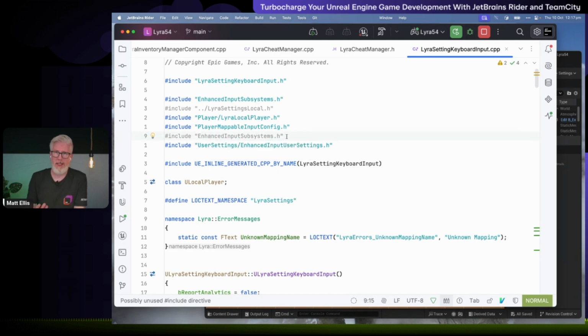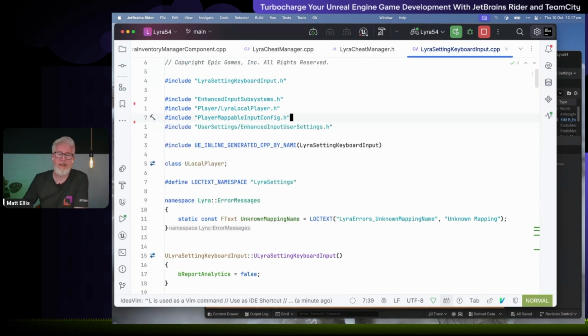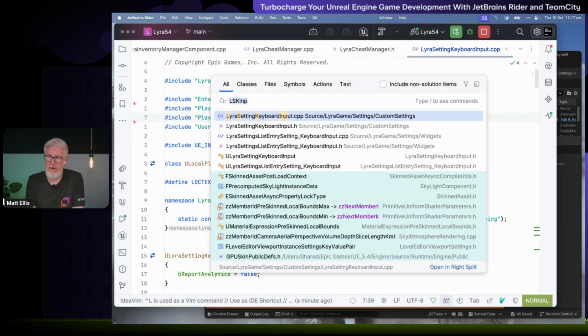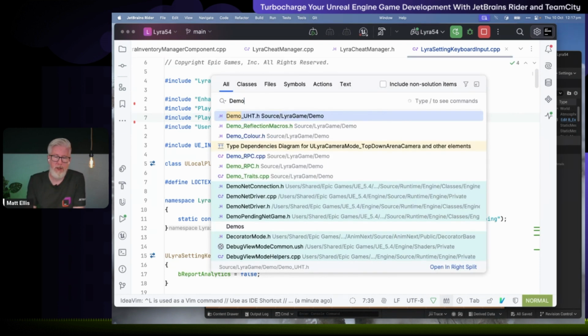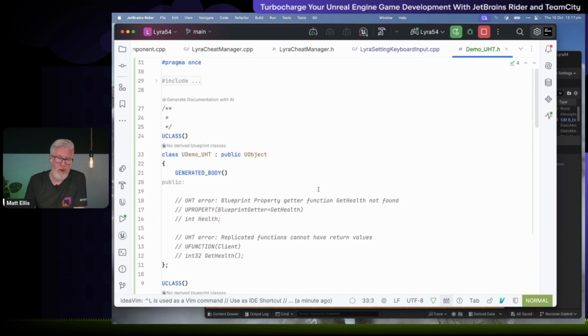We can highlight those to say that you're not using any symbols from these include files. And again, we can do the Alt-Enter item there to be able to remove all of the unused items. So Alt-Enter can help you rewrite your code to fix some common errors and mistakes. We've got a couple of other useful features. If we go to our demo file here, we've got